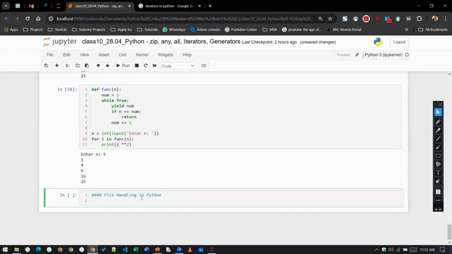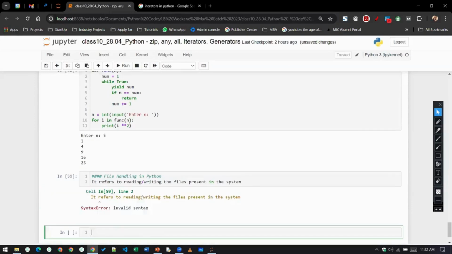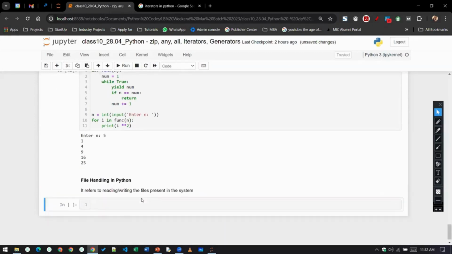Okay. So class, file handling basically refers to reading, writing the files present in the system. Now in Python, when it comes to file handling, there is a core functionality present. If you talk about the core functionality of Python with regard to file handling, while using core Python, you can only read your